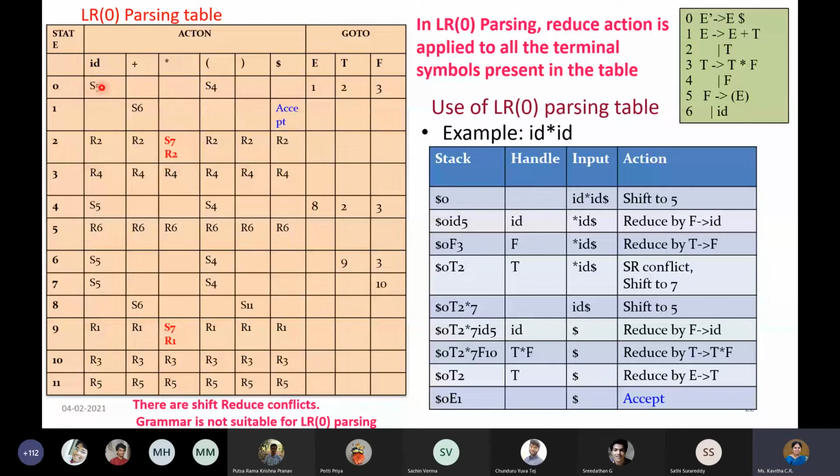We are going to perform the shift action, and the next state is what? 5. So that's what it is. Shift to 5. Whenever I say shift, remember that you are going to first push the input symbol onto the stack. Okay, this is a little tricky, so you have to concentrate properly. So dollar was there and 0 also was there. Now what happened? I pushed ID onto the stack. Okay, first you push the symbol and then push the state number.